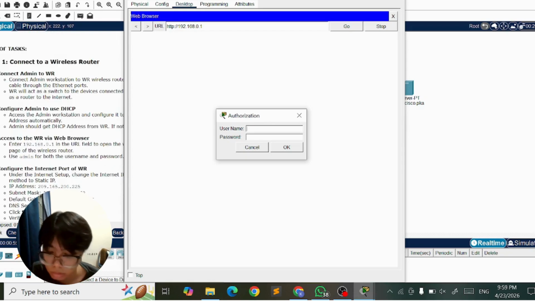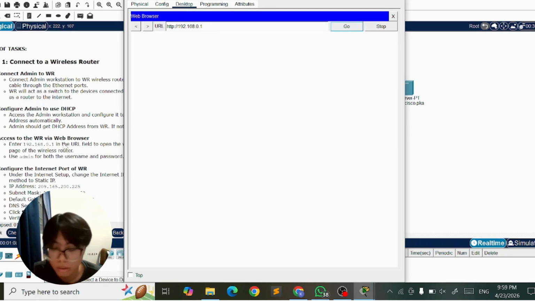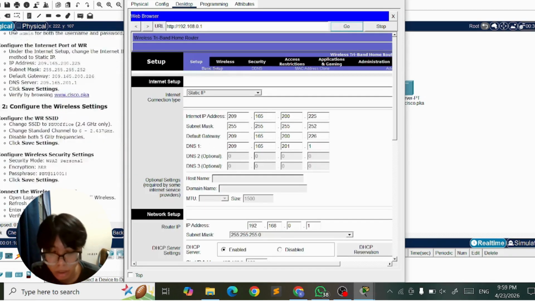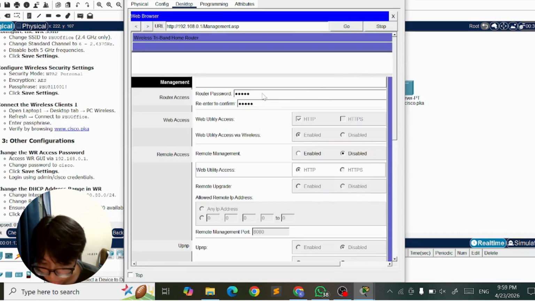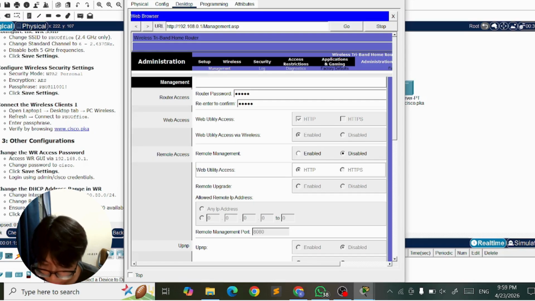Then there's going to be a pop-up for authorization, and it says you need to input your name and your password. So just input your name and your password. For example, your name is admin and then the password, something like that. Then press OK. Then you're going to see a slide, which is information setup,